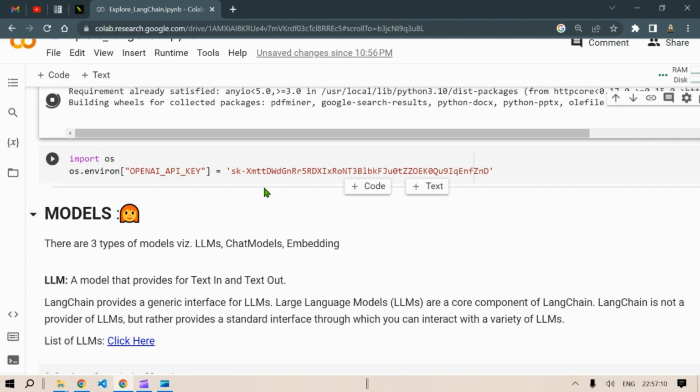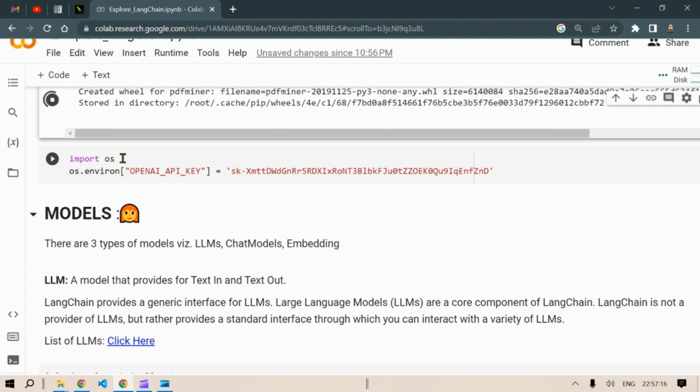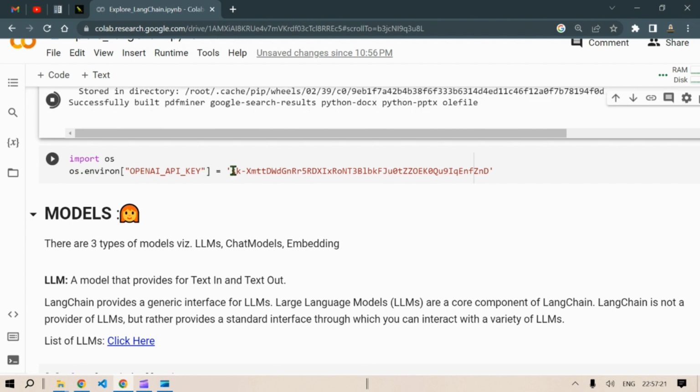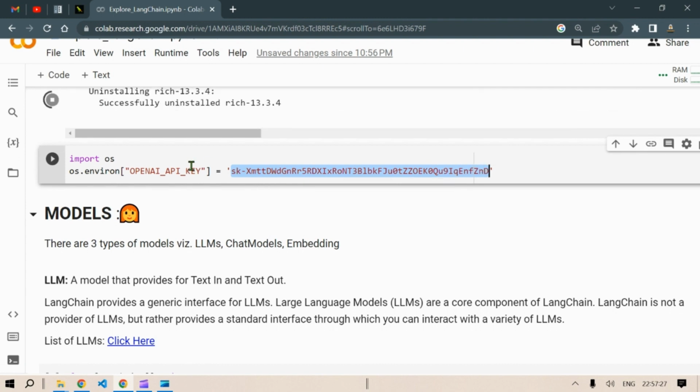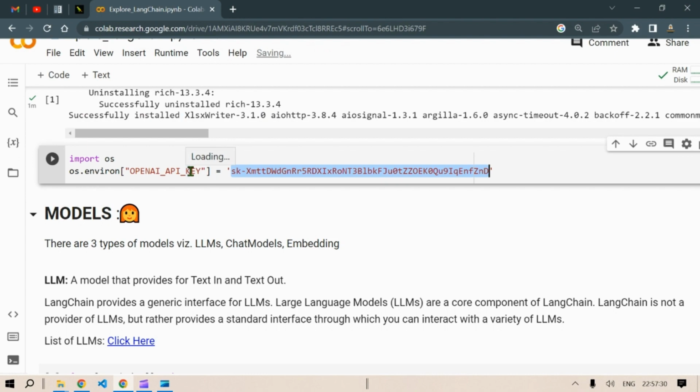So we are going to use ChatGPT or OpenAI in this case. Now import os and os.environ, and we store the value of our API key of OpenAI in the OpenAI API key. So how to get this key, you need to go to